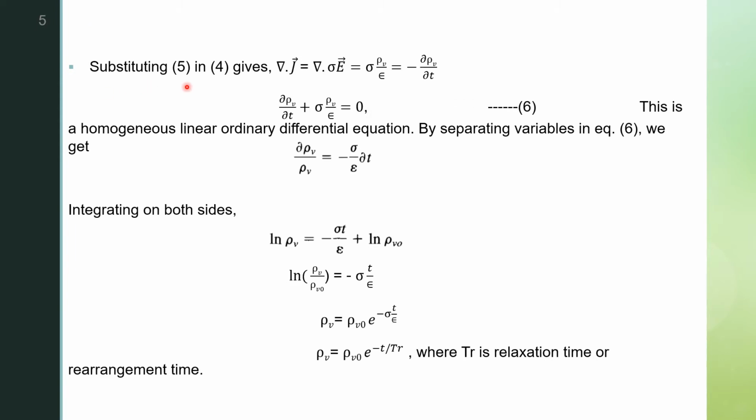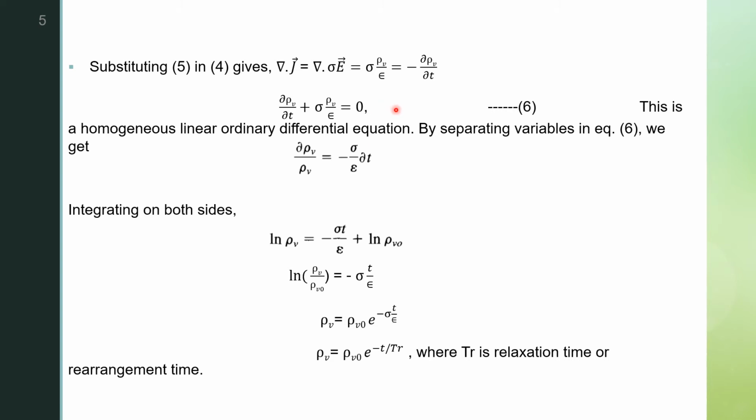Substituting Ohm's law and Gauss's law in the continuity equation, we get del dot J is equal to del dot sigma E, that is equal to sigma rho V by epsilon, which is equal to minus dou by dou t of rho V. Just rewriting this, we get dou by dou t of rho V plus sigma rho V by epsilon is equal to 0. So this is a homogeneous linear ordinary differential equation. So by the variable separable method